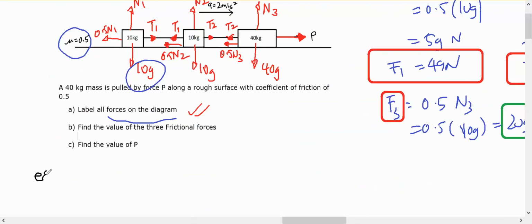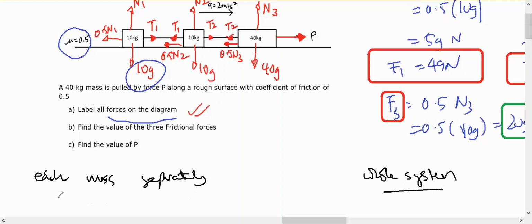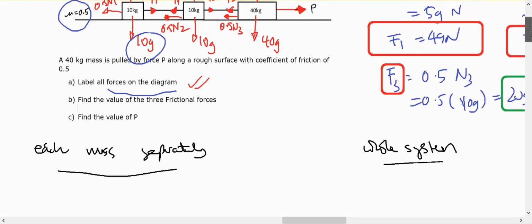Consider each mass separately, or you can look at the whole system. I'll look at each mass separately, then I'll look at the whole system as an example. So each mass separately,